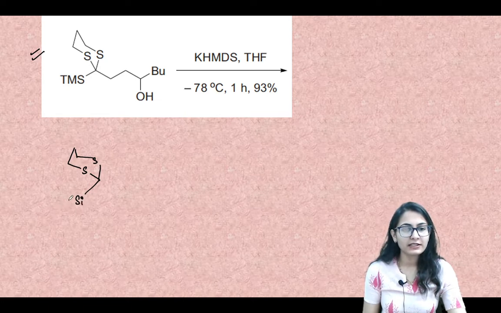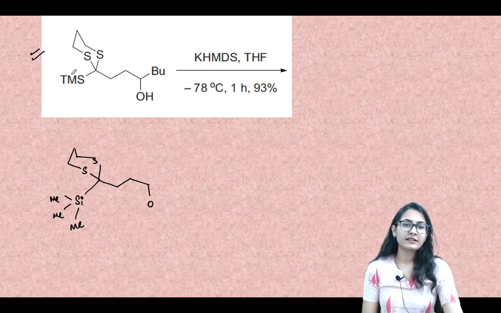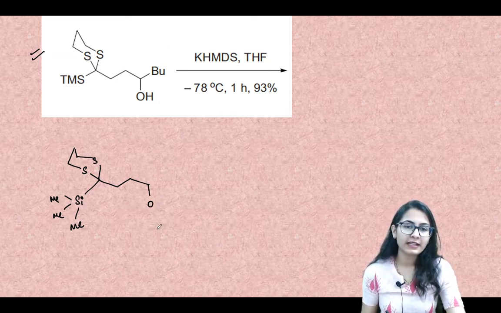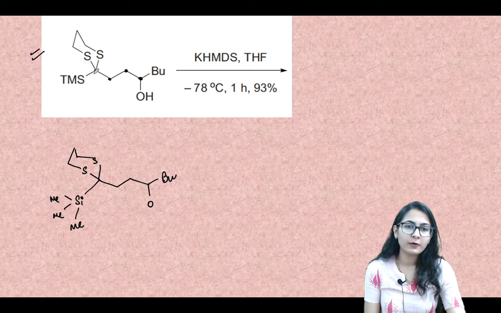Now TMS is the trimethylsilyl group. It is the trimethylsilyl group that we have. And what is the difference between the oxygen and the silicon, that you have to first of all find. So let's say you have 1, 2, 3, 4 and fifth position. Basically it is on this position. The silicon is from the oxygen on the fifth position, right? There are 4 carbons in between.